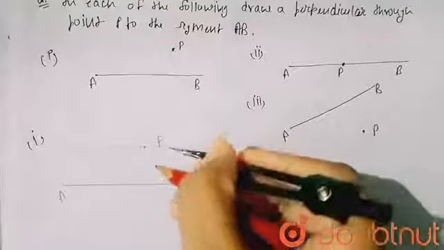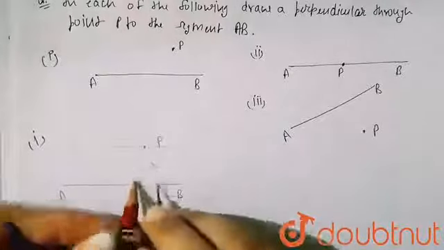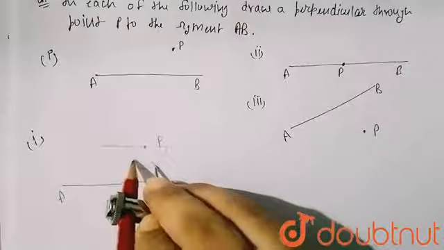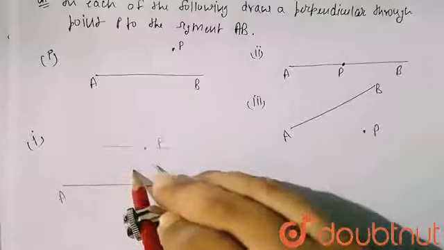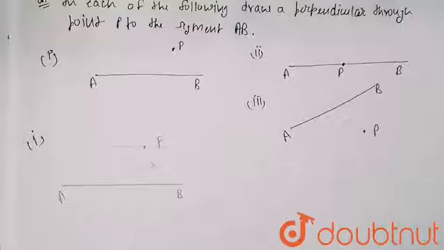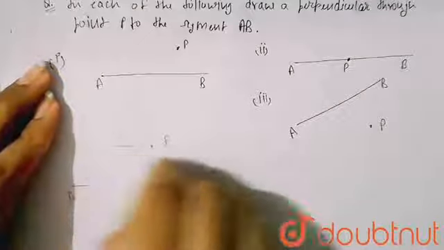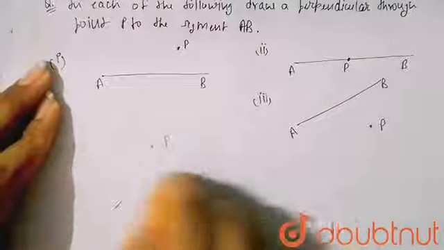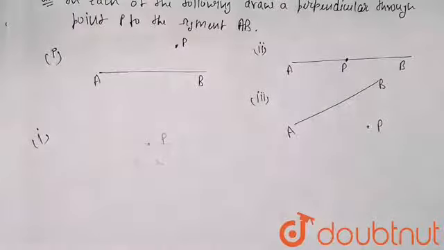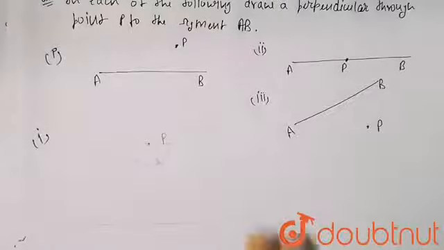I have to cut an arc here. So it will be cut like this. By keeping at this point, I will cut an arc here. Similarly, by keeping at this point, I will take a little bit more distance between them, it is very less distance. So here is my AB, at this point, here is my AB.